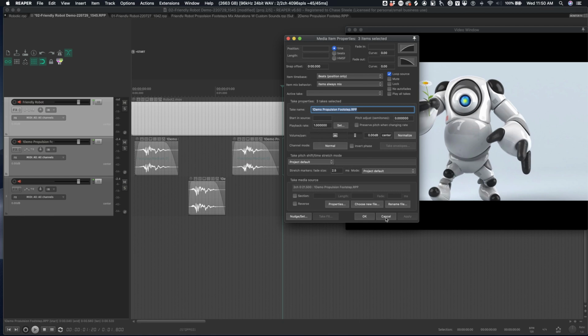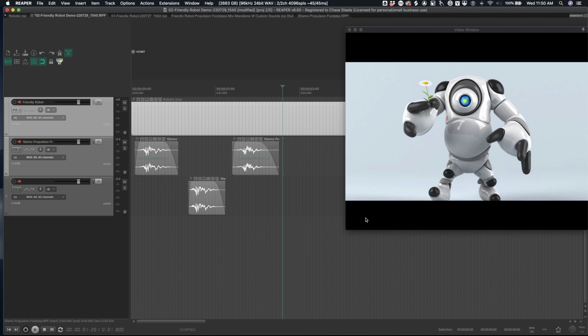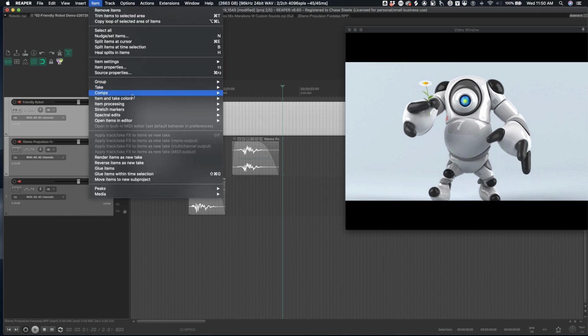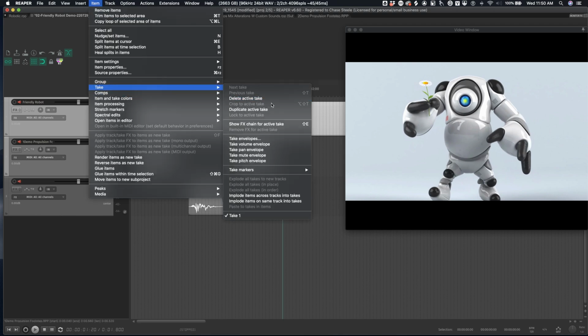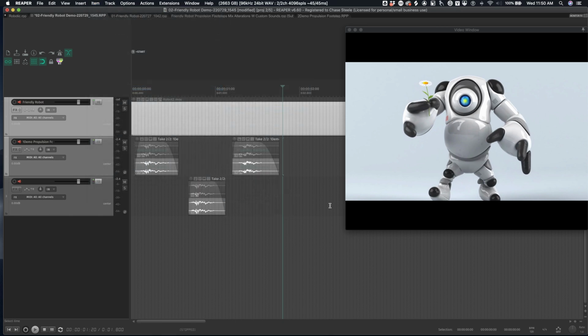Or before we do that, we could go item and then take, and then duplicate the active take. All right, so now we can still have the original stay there. The new take is on the bottom. So now we'll do that.